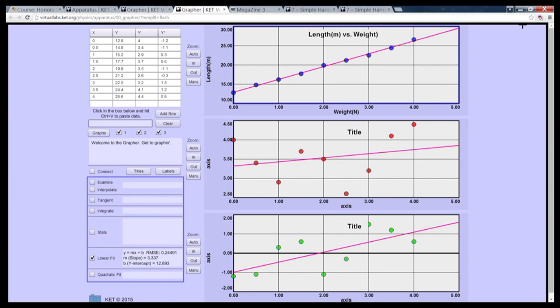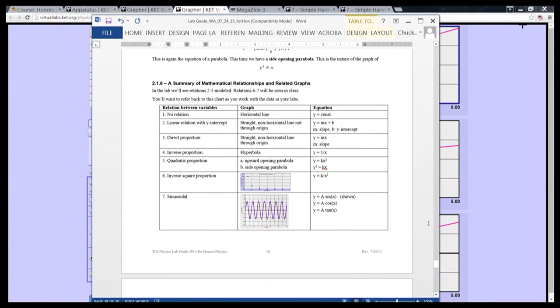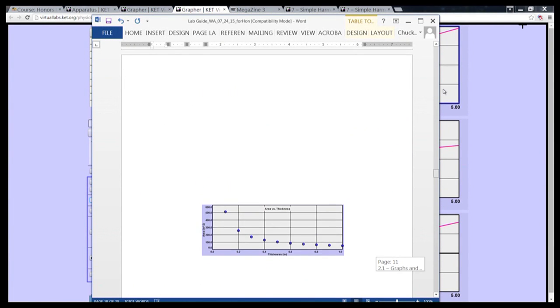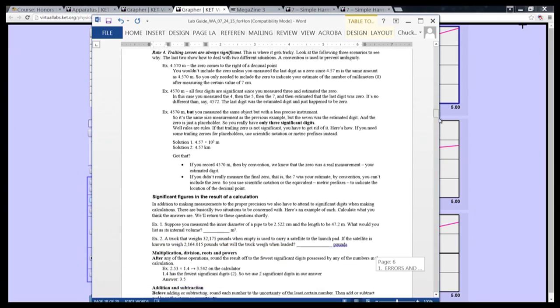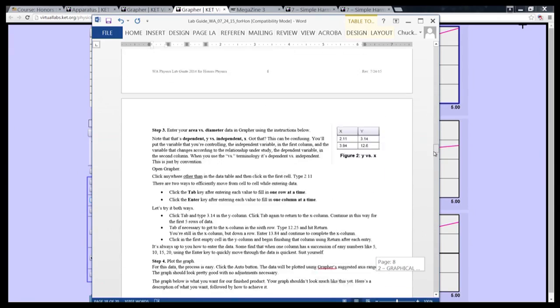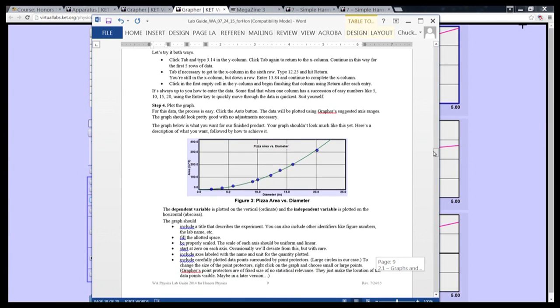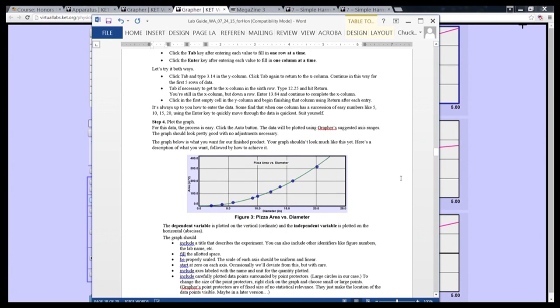Okay, now let's go back to the lab guide yet again. Please come back. Okay, good. All right, I need to get back up a few pages here to figure 9, I believe it is. No, it's figure 3. Okay, now one of the things that you're going to be doing in this lab guide